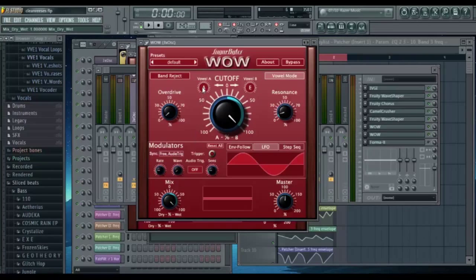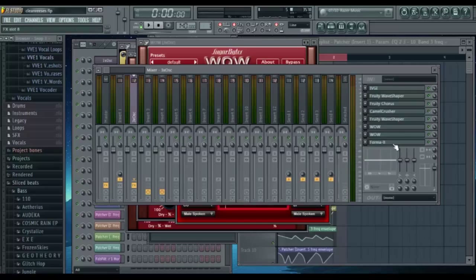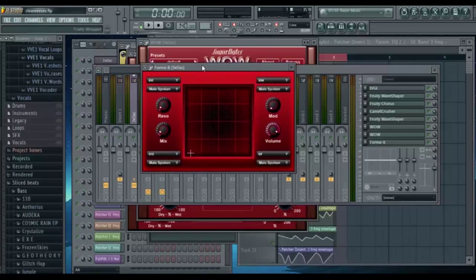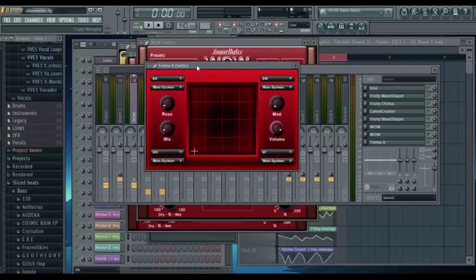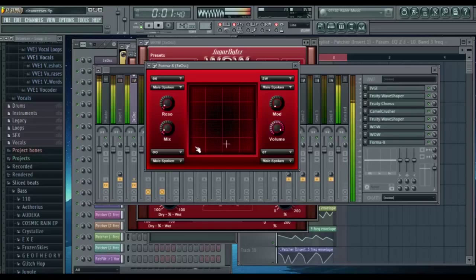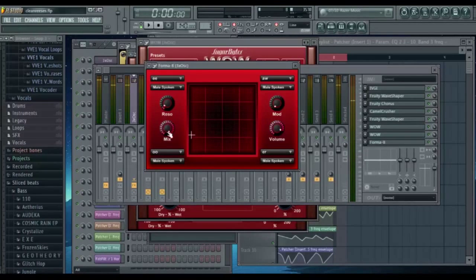And it sounds cool, but when I did a lot of EQ modulation, I actually thought it sounded better at a lower mix. The next effect is Formula 8, which is a vocoding thing, or it applies vocal qualities to something through filtering, and it's basically a vowel morphing filter or something. And it's free, and I think the X and the Y is being modulated here. But the mix is really low down, like if I put that up.